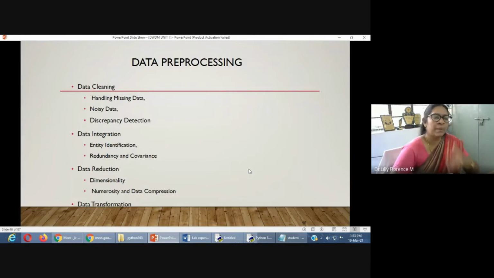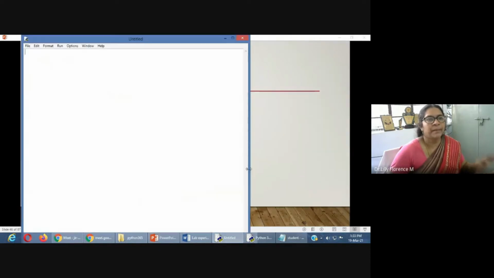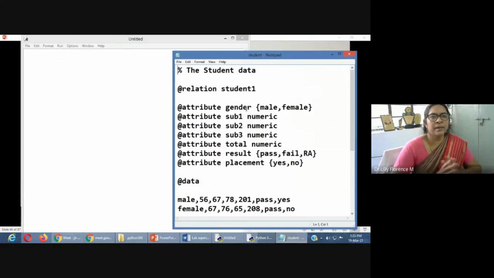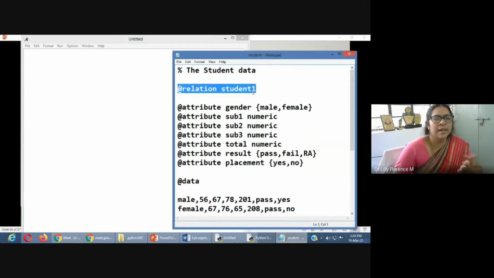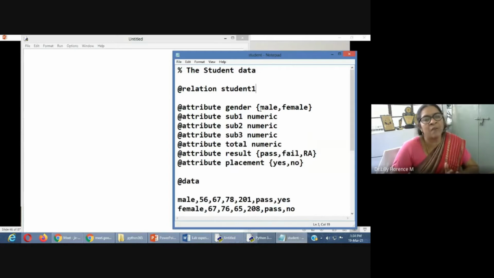Now we will practice. I will explain how to perform all these 4 steps using Python code. So I'll take you to Python, and this is our Python IDLE. Here, I have created one database, that is a student database. The file format is ARFF, which stands for attribute relation file format. Here relation is our database, that is the name of the data. This is the syntax we strictly have to follow while creating our data warehouse.